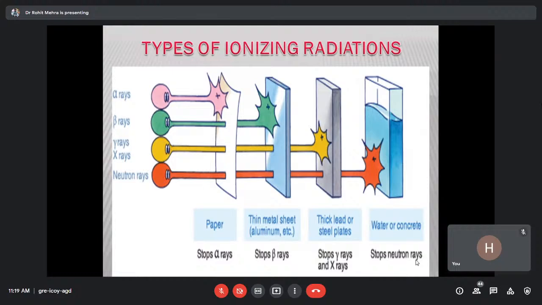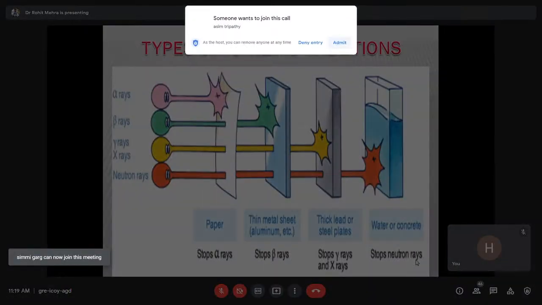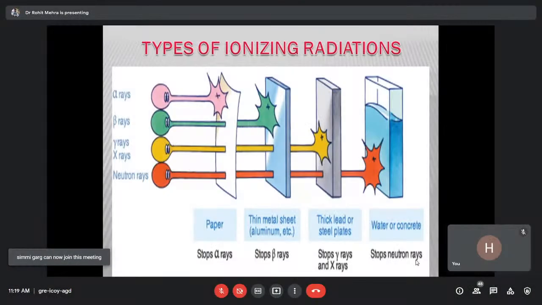So we have categorized the radiations into 4 types, not 3 types, which is very common to you, that is alpha, beta, gamma. But I have mentioned 4 types: alpha, beta, gamma, and neutrons. Though neutrons are not directly radioactive in nature, once the neutrons strike some materials, they allow alpha, beta, and gamma to come out. And this picture will give you an idea of how it is being utilized in terms of stopping power.